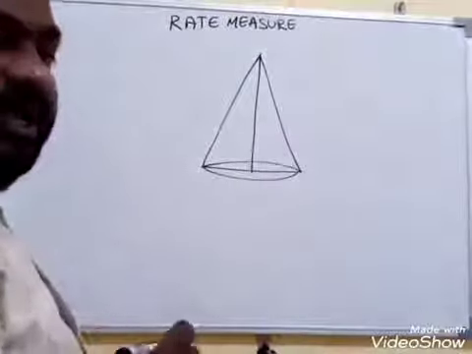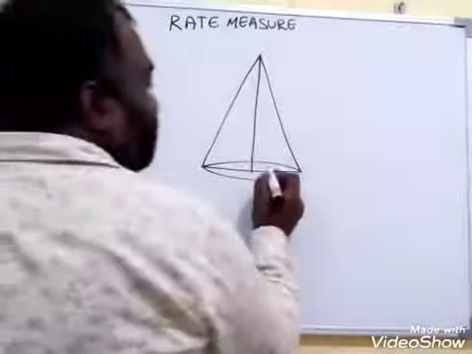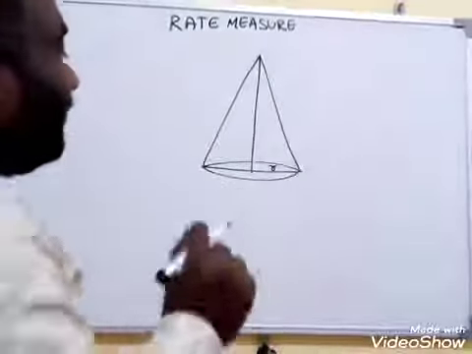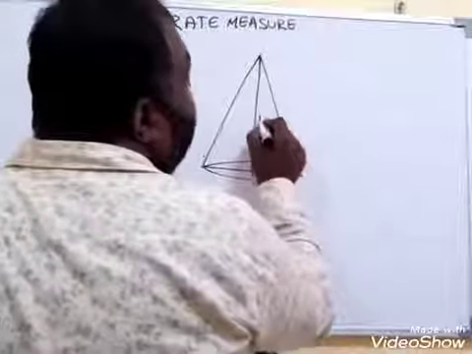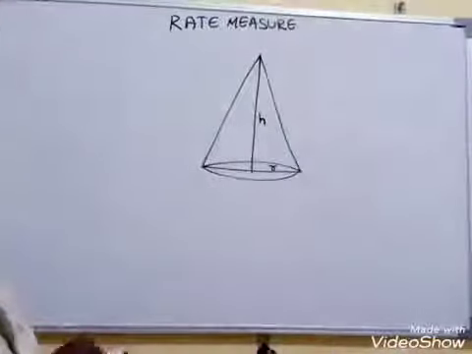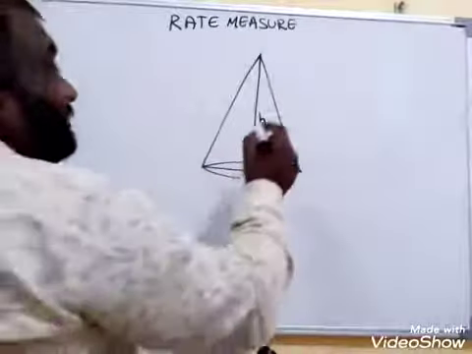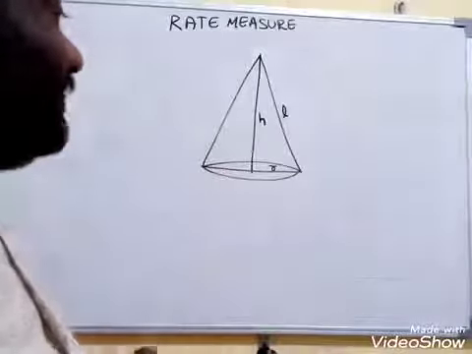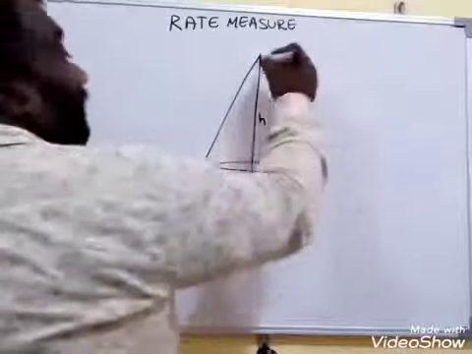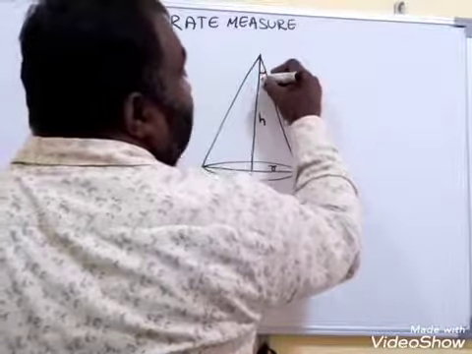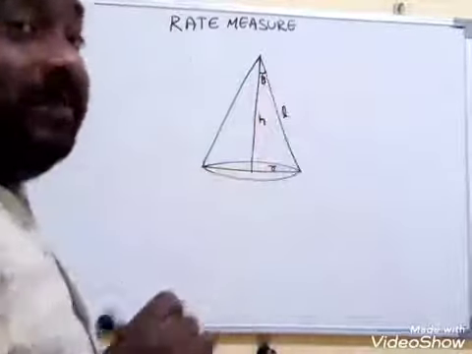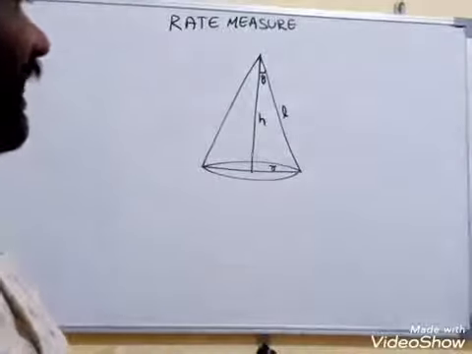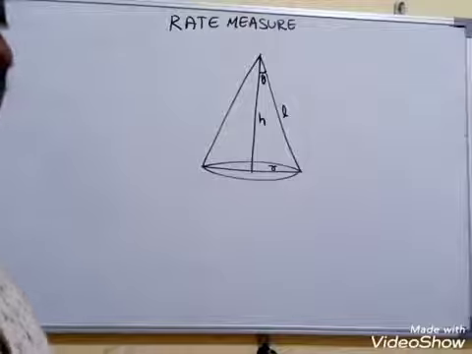this is called the base. Along this, the radius is there. This is called the base radius, and this is called the height of the cone. This is L, the lateral height, and this is the vertex angle. If I take this one as theta, theta is called the semi-vertical angle of the cone, and we should remember some formulas regarding this.